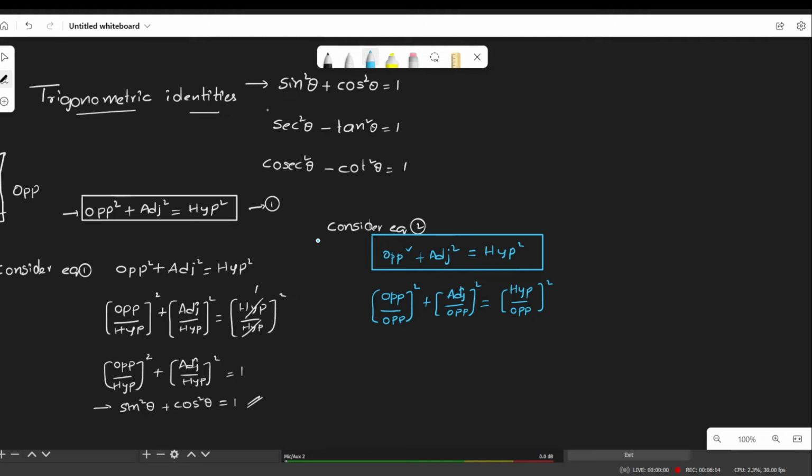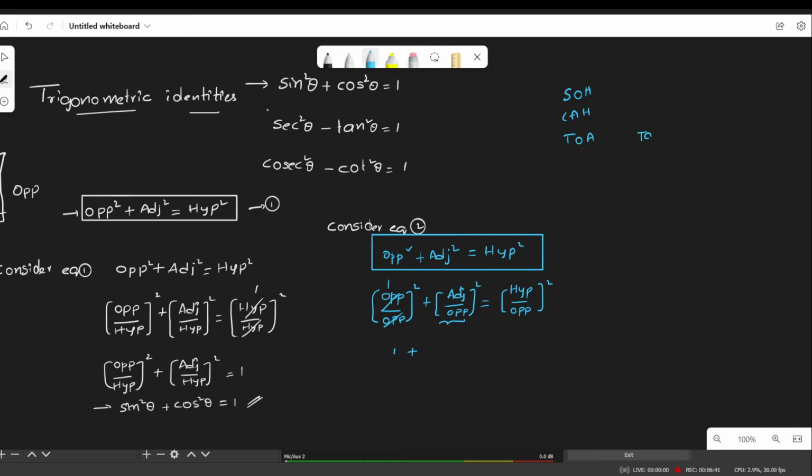Now it will become opposite square by opposite square plus adjacent by opposite whole square is equal to hypotenuse by opposite whole square. Now opposite by opposite is nothing but 1. So 1 square is 1. So 1 plus adjacent by opposite. Adjacent by opposite can be considered as cot theta, since we have SOHCAHTOA,